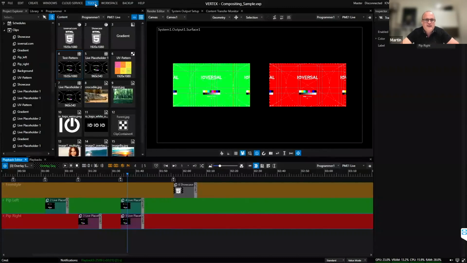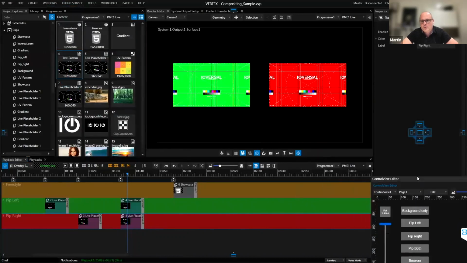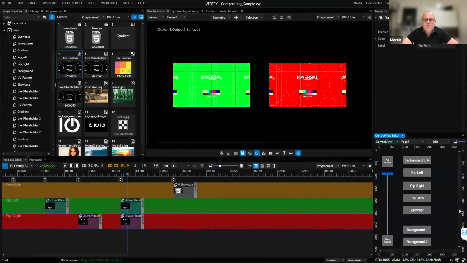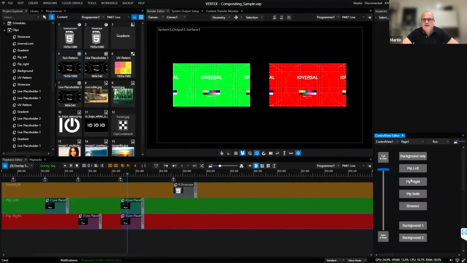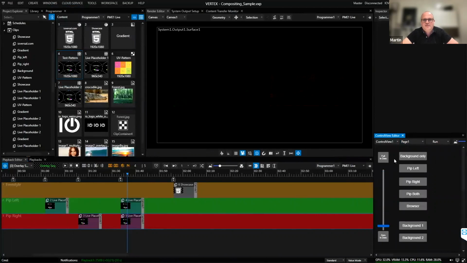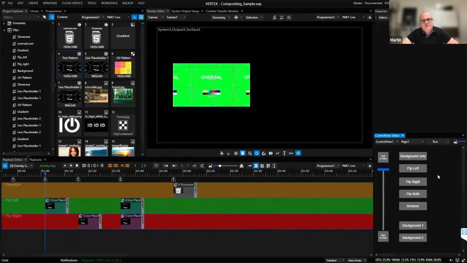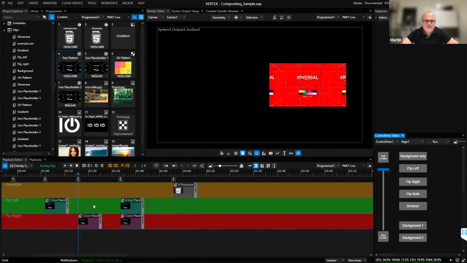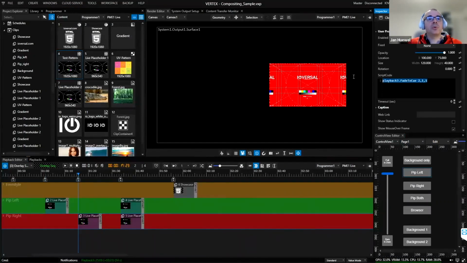Something we will not cover in depth in this webinar, but we will supply in the sample project with the recording of this webinar. We've built a small little control view here, which, for example, shows you how you can fade in or fade out these elements, and how I can press the button pip left and have it fade to the pip left or fade to the pip right. It's actually a new feature that was recently introduced, the fade to cue and fade to time features, so that in the middle of the show, you can fade to any point in time or in cue